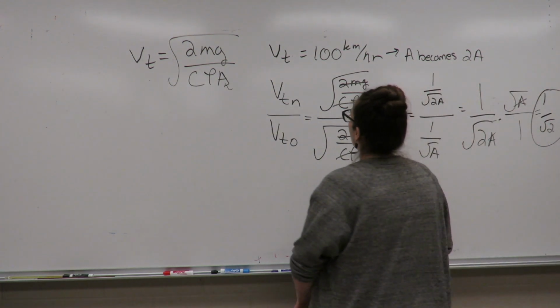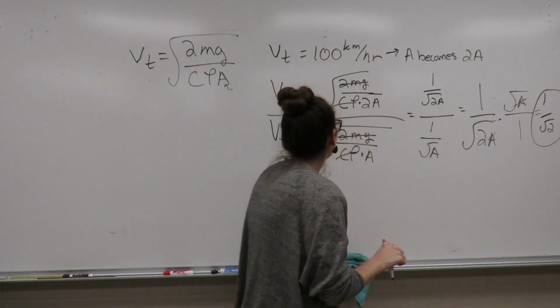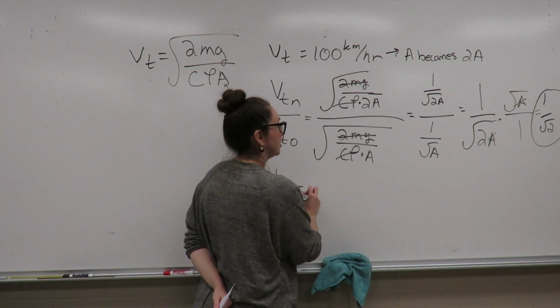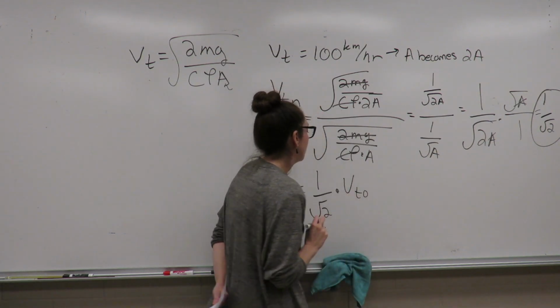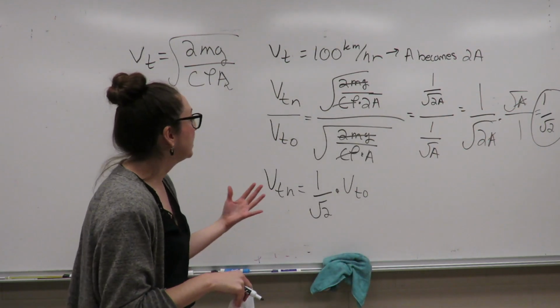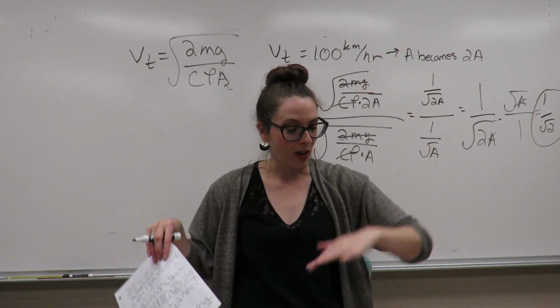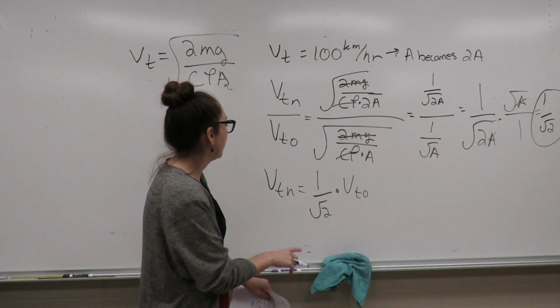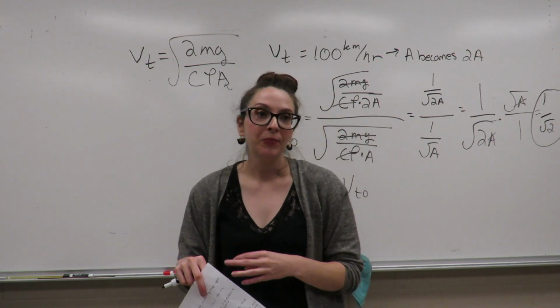Okay. So the new terminal velocity of the cat is going to be its original terminal velocity times 1 over the square root of 2. So v_t new is going to be equal to 1 over the square root of 2 times the original terminal velocity of the cat. So by just spreading itself out, the cat has increased its cross-sectional area that's exposed to the fluid, the surrounding air, as it's falling downward. And so that creates a situation where the cat now has a slower terminal velocity. A similar thing happens, for instance, when you're skydiving. When you're skydiving,